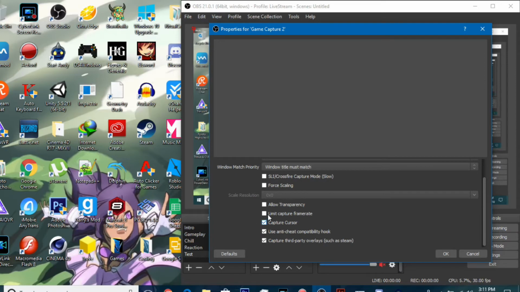Capture cursor, it's gonna capture the cursor. Anti-cheat compatible hook. I forgot what this does, but I know it's important, so I just click on it anyway. And capture third-party overlays such as Steam. Like you get notifications at the bottom right corner from Steam. If you don't want it, you can uncheck it. If you want it, you can check it. Okay. I'll uncheck it. It's a little bit cleaner